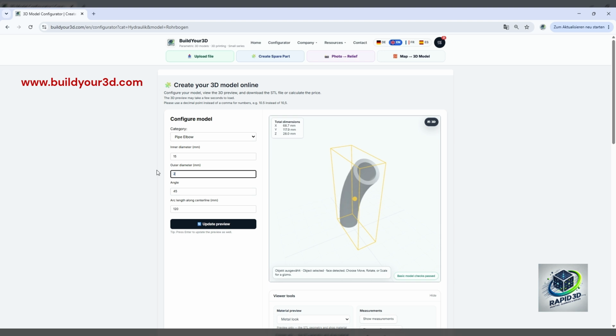Next, we'll enter the outer diameter. We'll use 20 millimeters. This determines the wall thickness together with the inner diameter and affects both strength and overall size. Now let's define the bend angle. We'll choose 90 degrees. This specifies the direction change of the pipe and allows the elbow to fit perfectly into